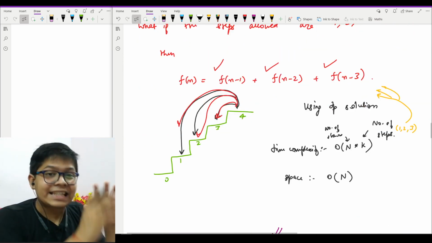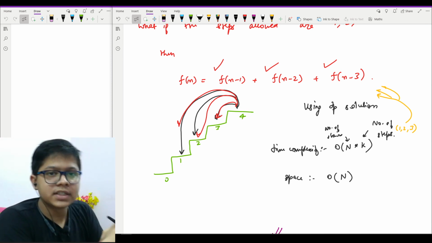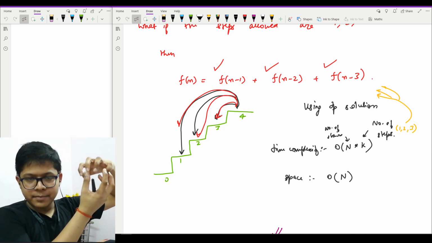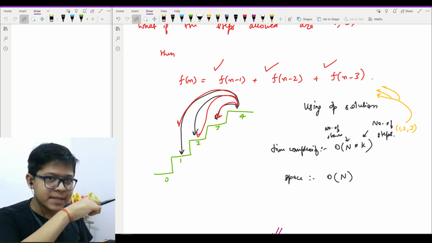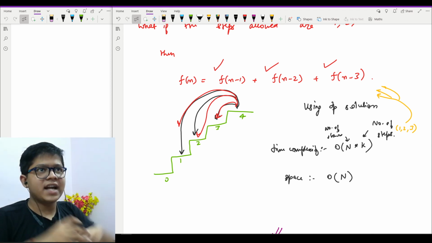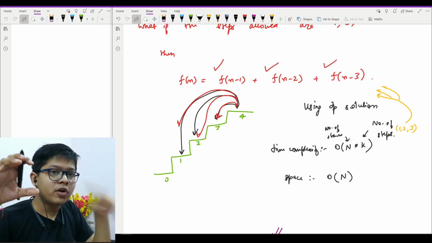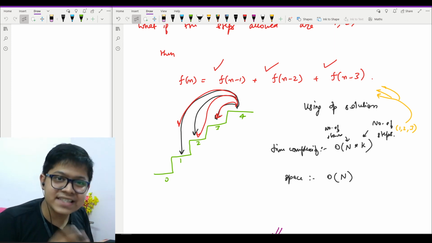The time complexity would be O of n into k, because for every ith step, I need to check the previous k steps.